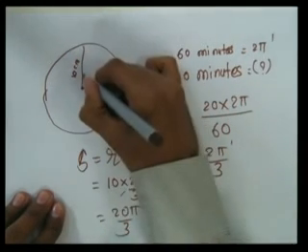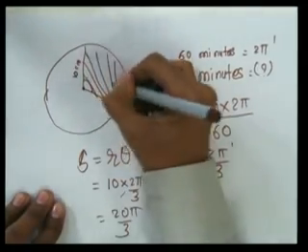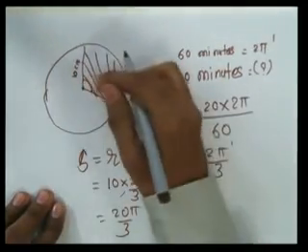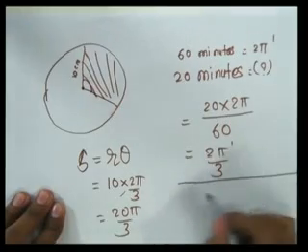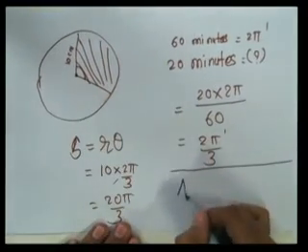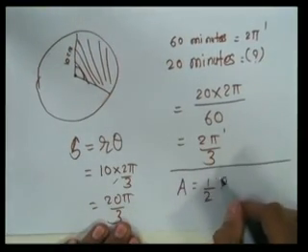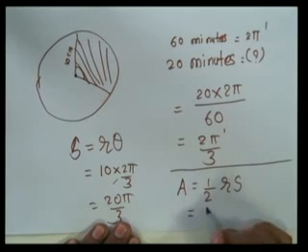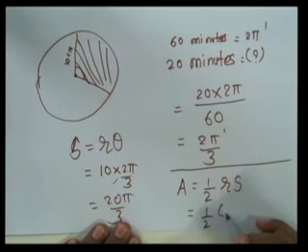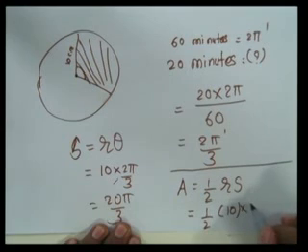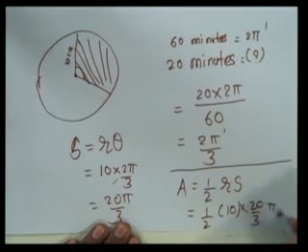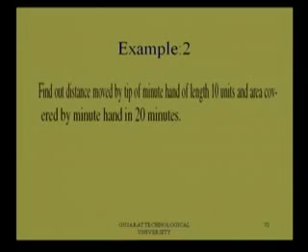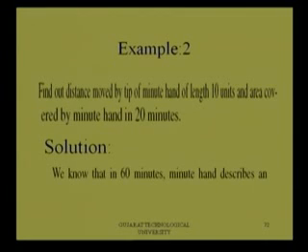And we want to find area moved by tip of minute hand in 20 minutes, that is the shaded region. That one can find using the formula A equal to 1 by 2 r into s, that is 1 by 2, radius is 10 and s is 20 by 3 pi. When we simplify, we will get area after 20 minutes. We will discuss this example on table, on presentation. We know that in 60 minutes